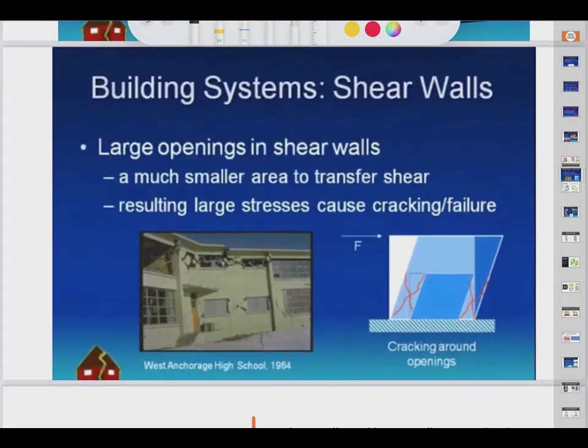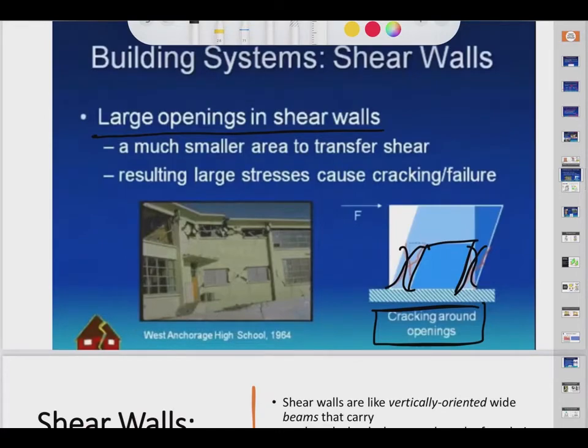Shear walls have difficulty in performance when we provide larger openings in the shear wall. Generally we want to provide only smaller areas of openings, because openings reduce the performance of shear walls, and due to the resulting large stresses in these regions there is cracking in the shear walls around the openings. You can see the figure here, there is cracking in the shear wall, this is the shear wall, this is again the shear wall, and near the openings there is cracking.